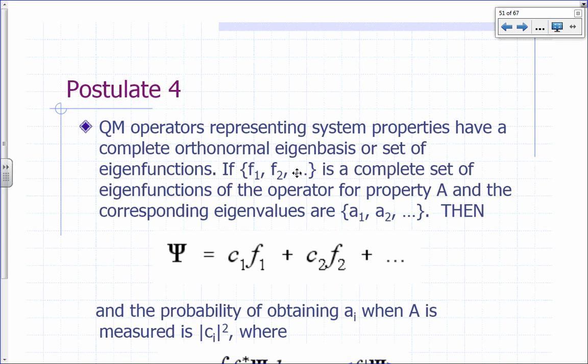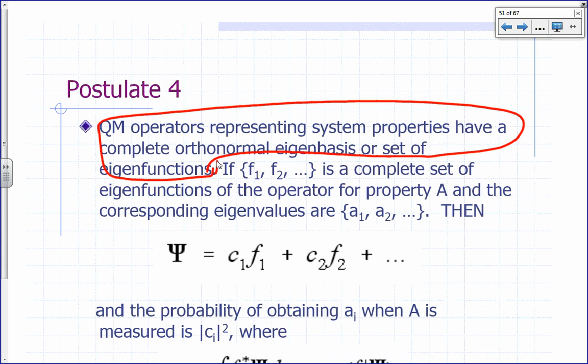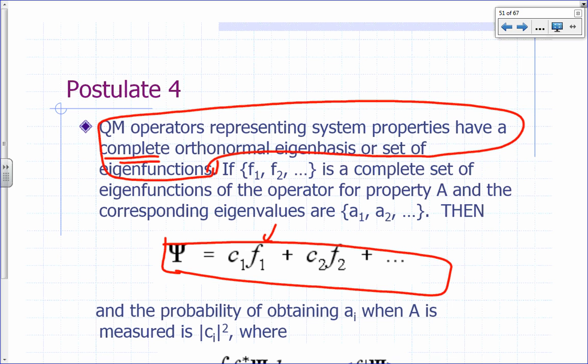So last time we talked about postulate number 4, and postulate number 4 we said states that quantum mechanical operators that represent system properties have a complete orthonormal eigenbasis. Eigenbasis is just a set of eigenfunctions. Now, the only thing I'm really assuming here is the word complete. And that means psi can be expressed as a linear combination of the functions in your set of eigenfunctions,